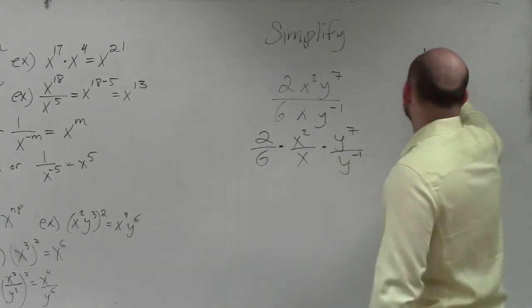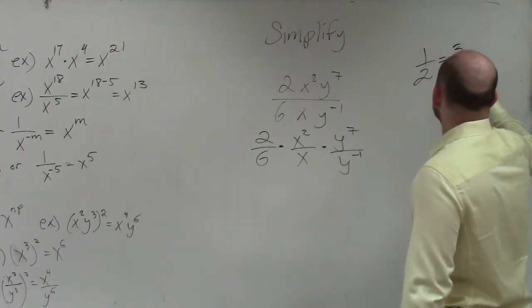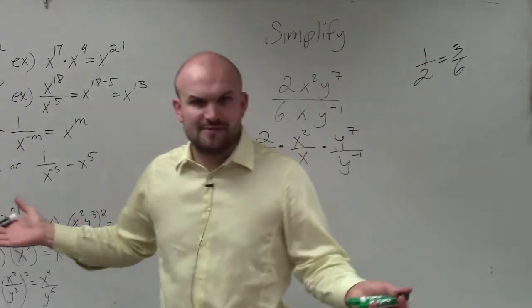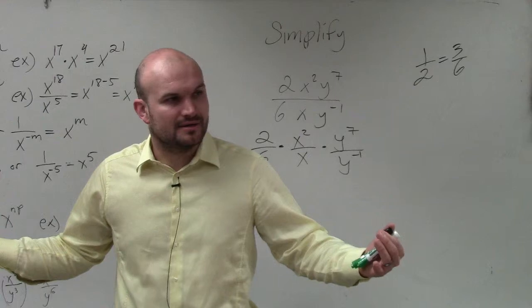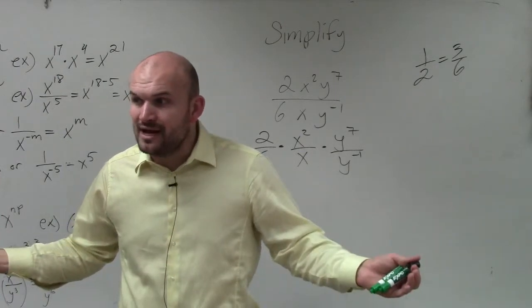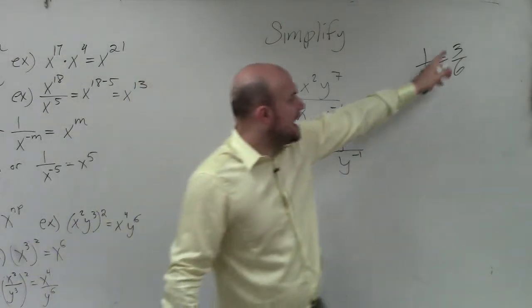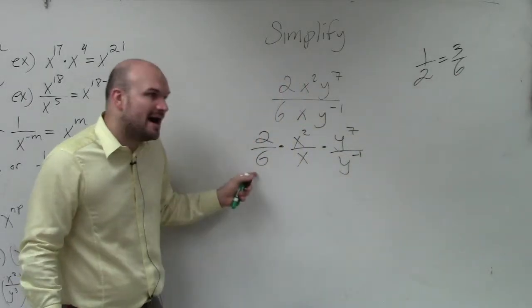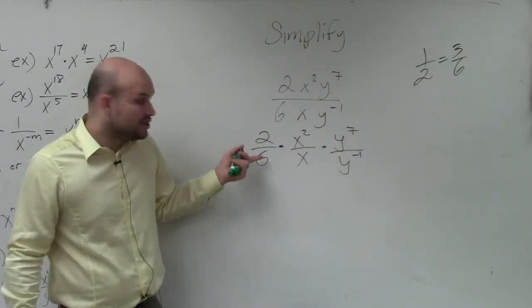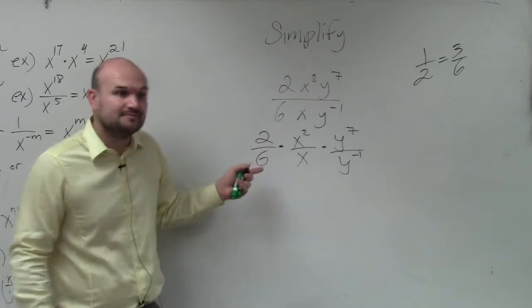In the same respect, does everybody agree that 1/2 is the same thing as 3/6? Would everybody agree those are the same fractions? Yeah, they're equal, right? But which one is simplified? The 1/2, right? Because you can divide the top and bottom by 3 to give you 1/2. So what could I divide the top and the bottom by to make this simplified? 2. So if I divide the top and bottom by 2, I get